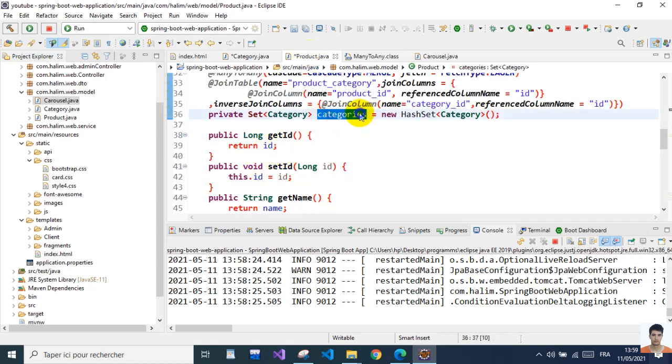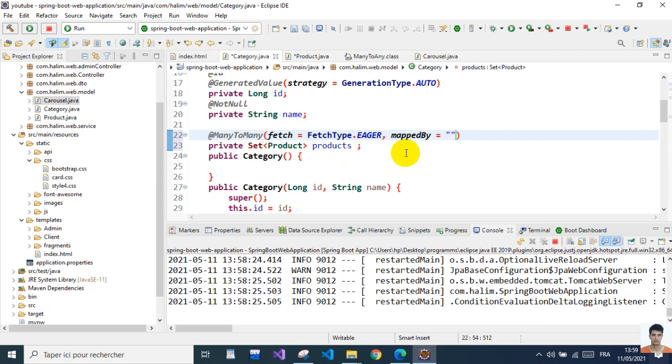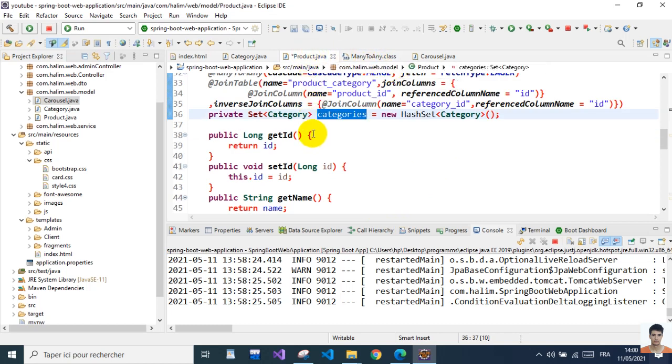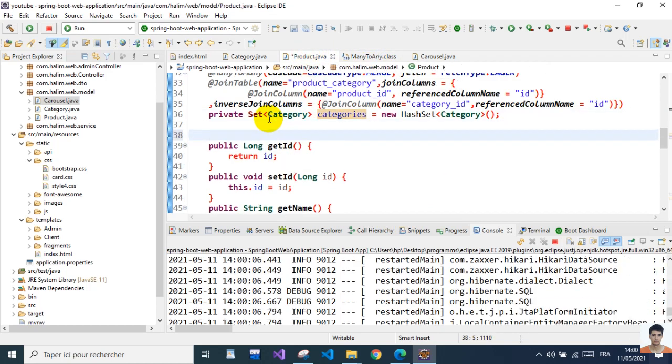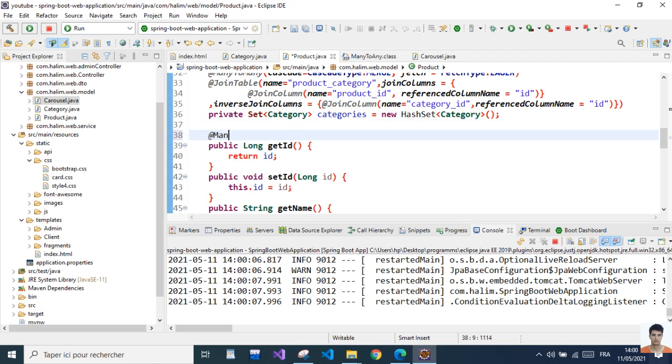So mapped by category. And for the, it's many between the product and the